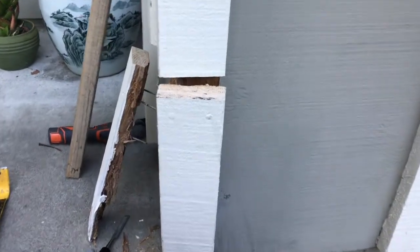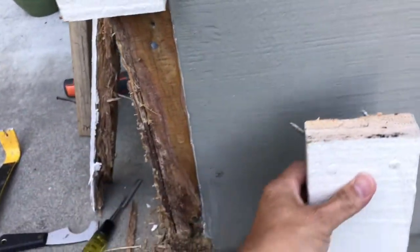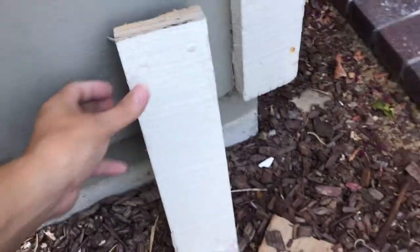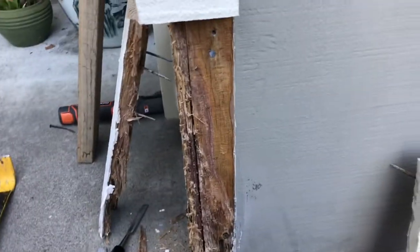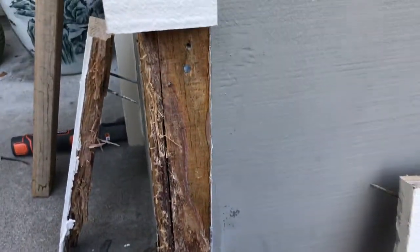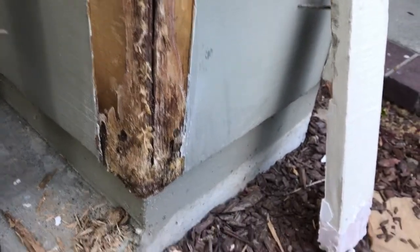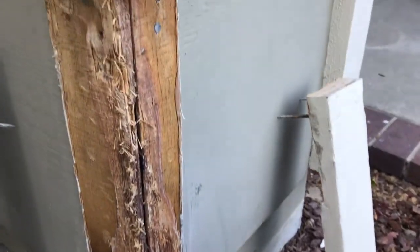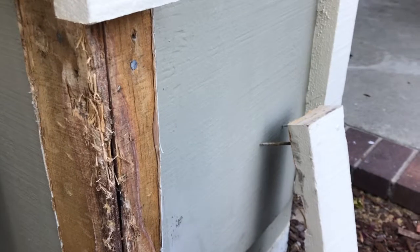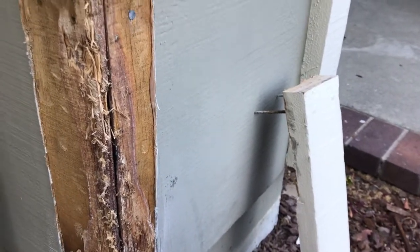The trim is completely cut. Let's pull it out. The plywood is 30 to 40% rotted. So the next step here is we're gonna sand this, make it flat and flush, and then